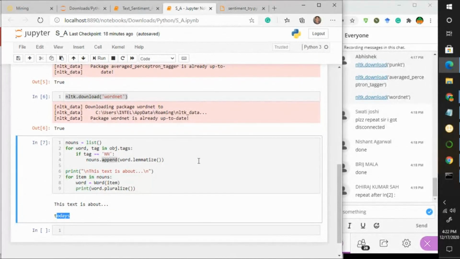If you are using long sentences containing multiple nouns, they are going to be connected together right here. Now we are going to print this text is about, and this item in nouns. This is a variable item. This item variable is going to check this list, and the list is going to be printed in the form of words. Here we use this pluralized